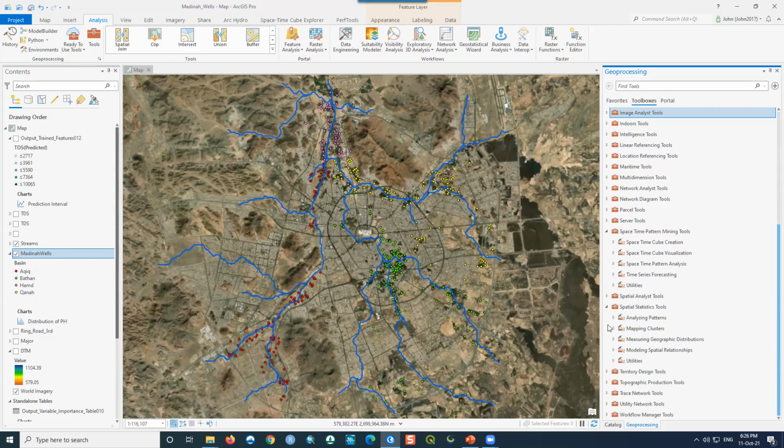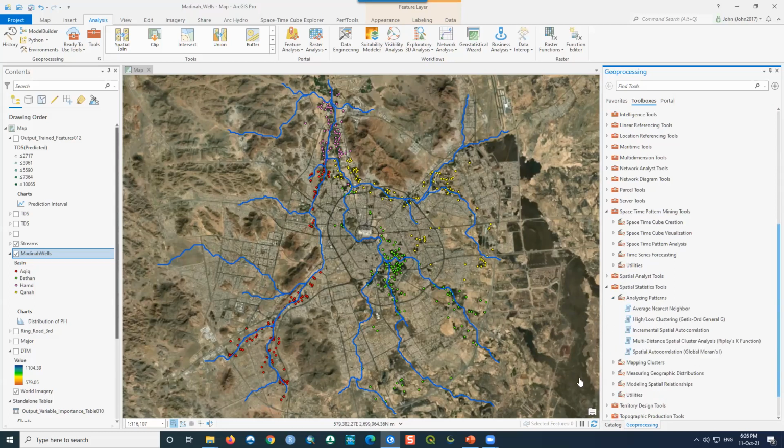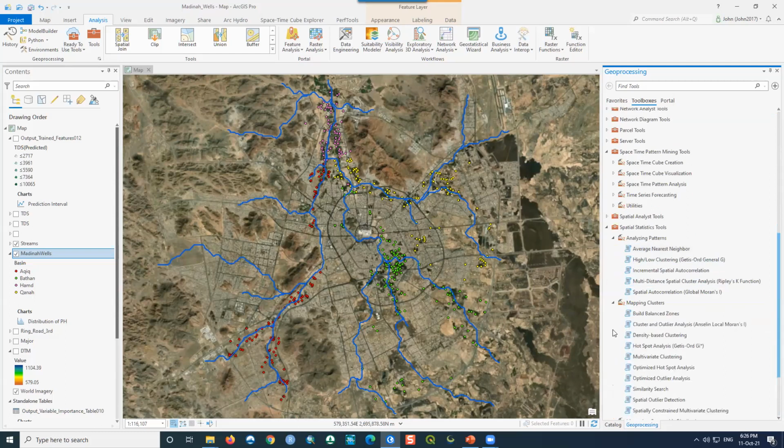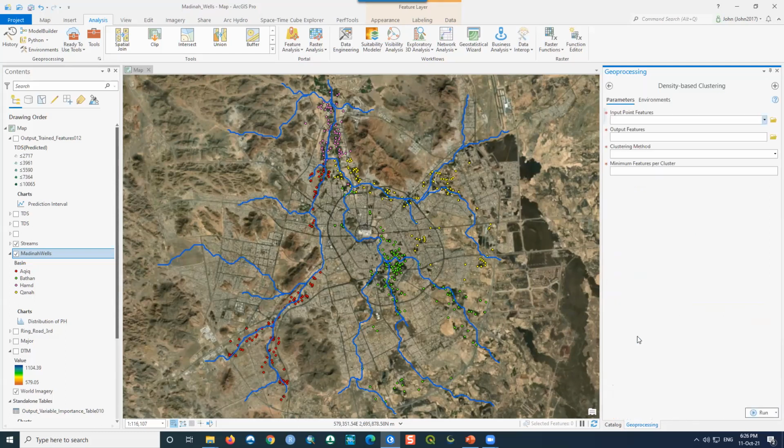In spatial statistics, there are many spatial machine learning tools. For example, these are some tools in mapping clusters. I will show you density-based clustering, which is density-based spatial clustering. If you select the data points or polygons, and you select the method, for example, self-adjusting, you only need to specify the minimum number of features per cluster. So we have only one input parameter. There is no need to specify the number of clusters. Most traditional clustering algorithms ask you for the number of clusters.